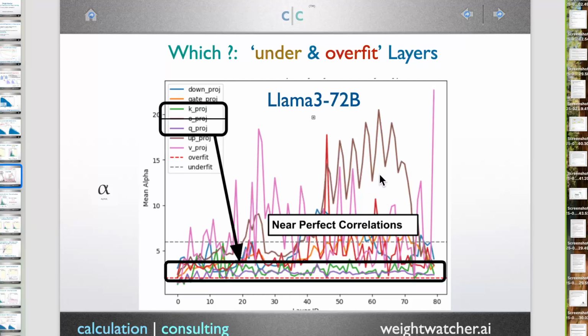There are cases, I don't have it in front of me, where the green lines have huge spikes. If you look in the Falcon models, they're not as well correlated. And so what we would say is if the K and Q matrices are not very well correlated, the model's not going to do very well. The attention block didn't learn what it was supposed to learn. If the V is not, well, we're not sure yet. We're still trying to work this out. But I will show you some implications moving forward. Let me show you an example.